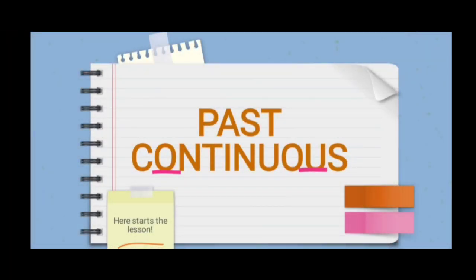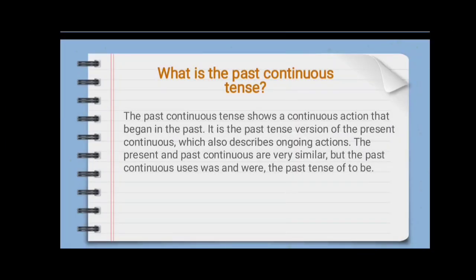Past continuous. What is past continuous tense? Past continuous tense shows a continuous action that began in the past. It is the past tense version of the present continuous, which also describes ongoing actions. The present and past continuous are very similar, but the past continuous uses was and were, the past tense of